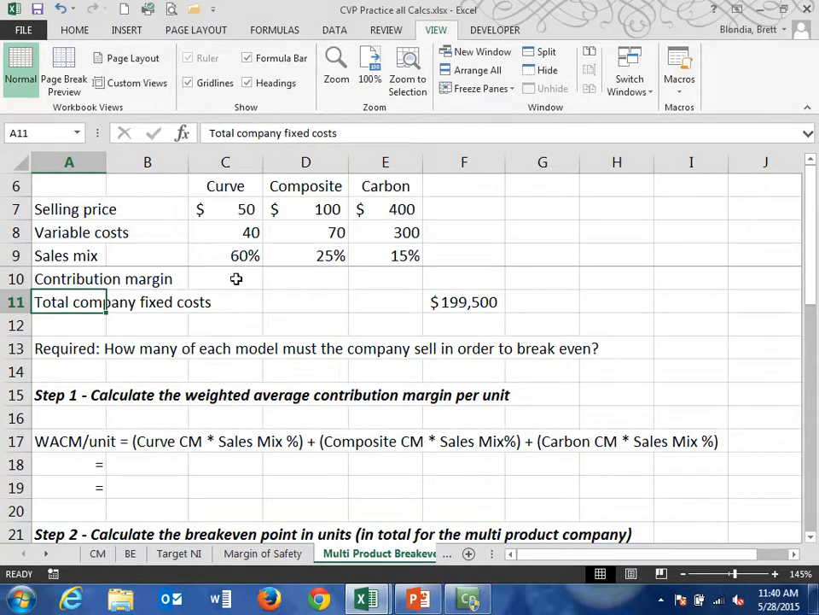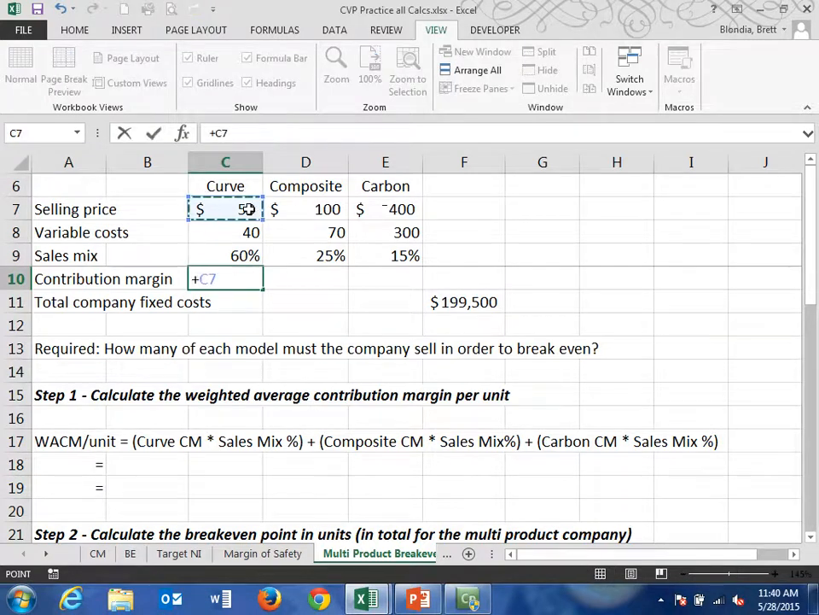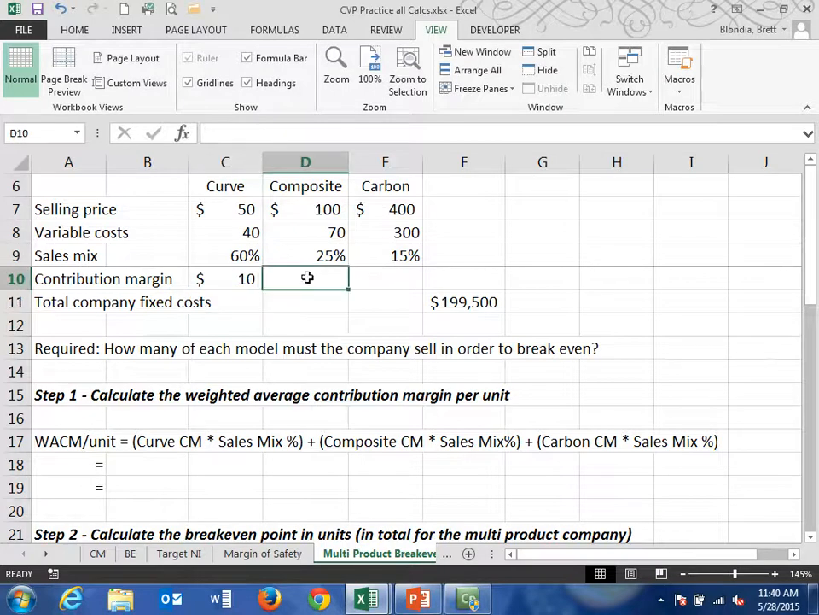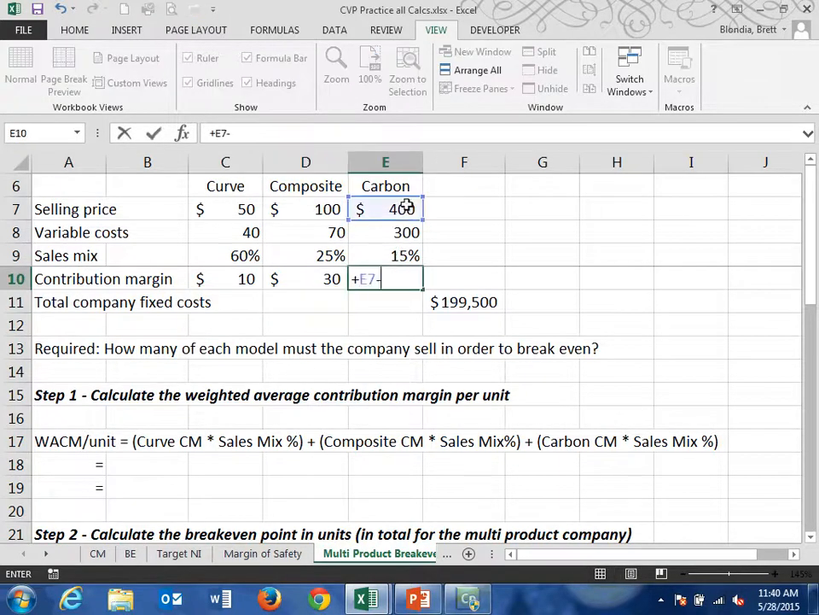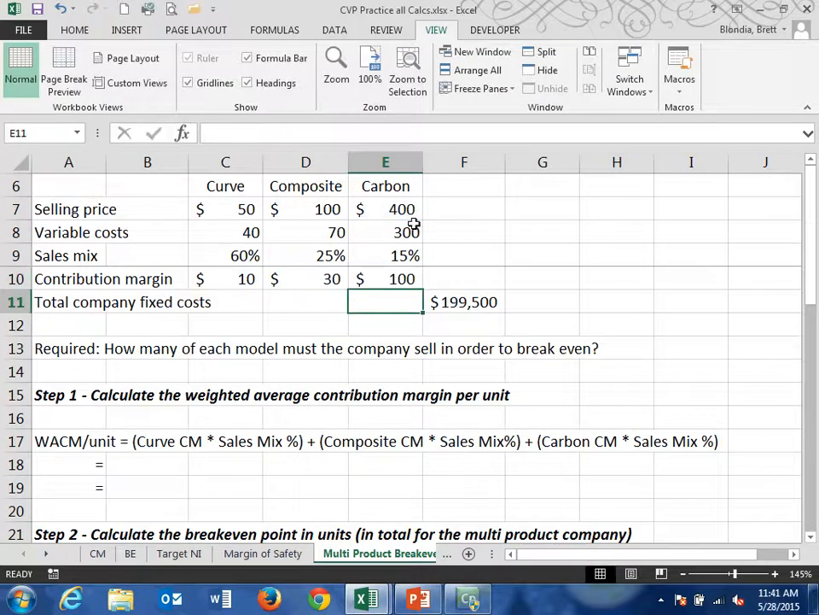We know by now that contribution margin is selling price minus variable costs. So for the curve, the selling price is $50 and the variable costs are $40. So the contribution margin is $10 per unit. The composite costs $100 and has a variable cost of $70. So that makes the contribution margin $30. And the carbon has a selling price of $400 and variable costs of $300, making the contribution margin for that